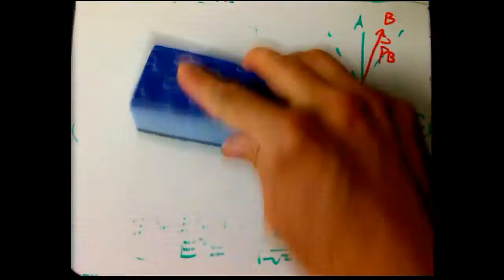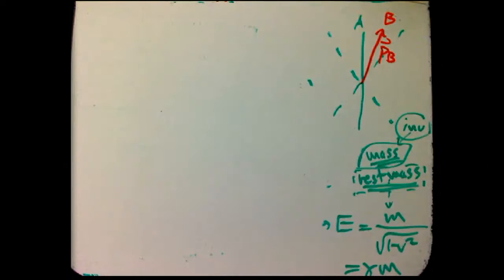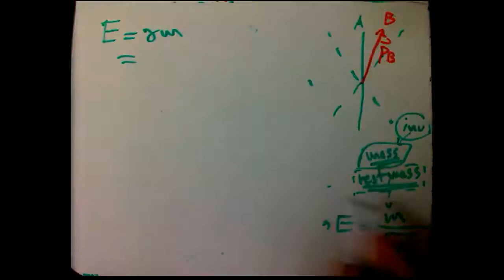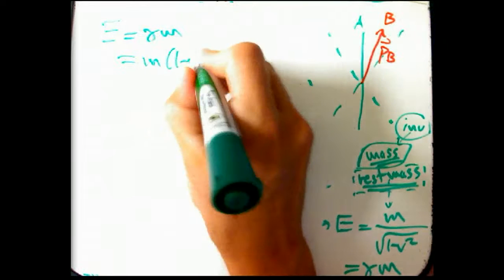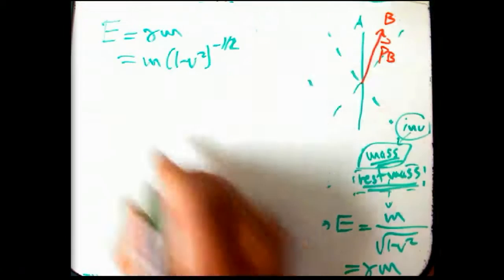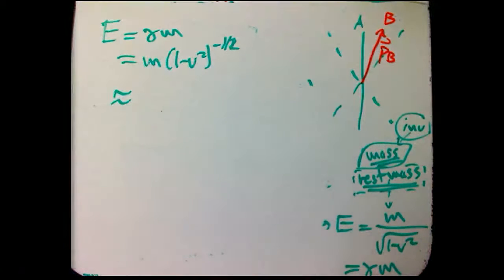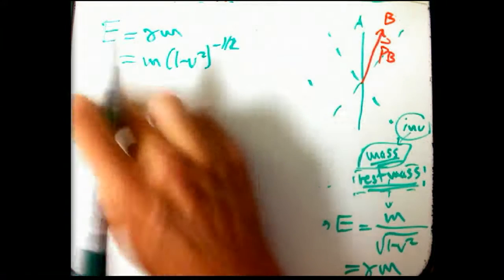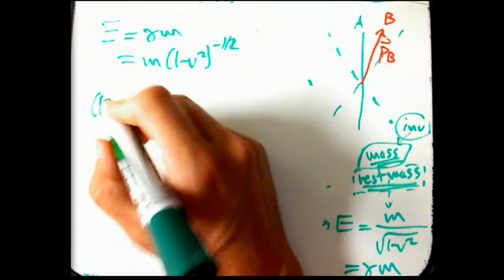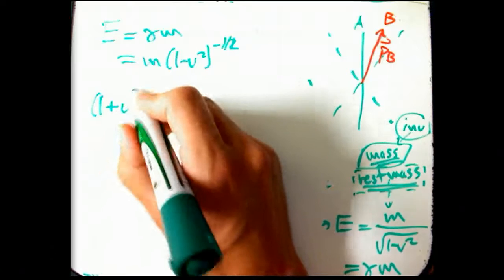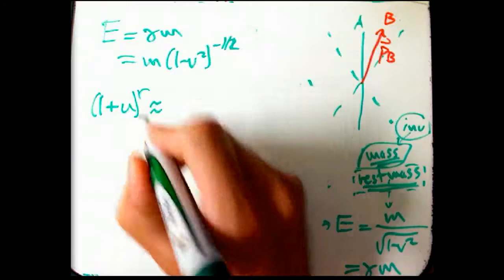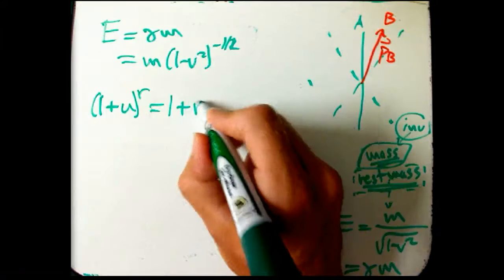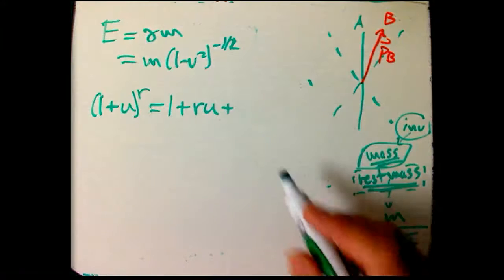But now we can finally start to connect with Newtonian physics. Okay? So we have E is gamma m, but let's put it back in this explicit form. It's m times 1 minus v squared to the minus 1/2 power. Okay? Now I'm going to use a little bit of calculus here. I'm going to use the binomial approximation. Okay? And so what that is, 1 plus u, say, to the r is approximately, well, equals, if I want to use the whole series. We just have to pull this one fact out of calculus, the binomial series. This goes back to Newton,